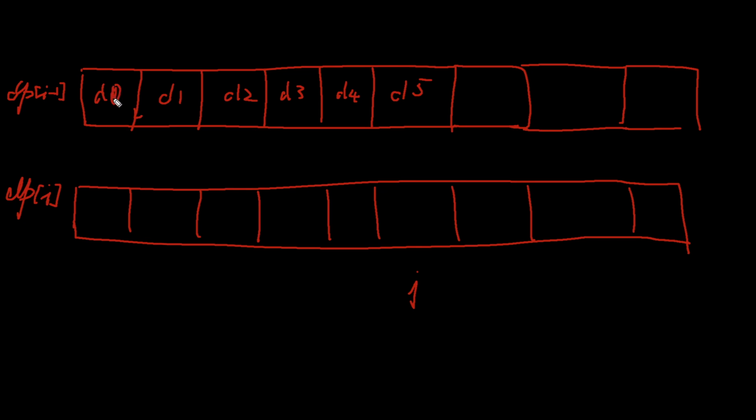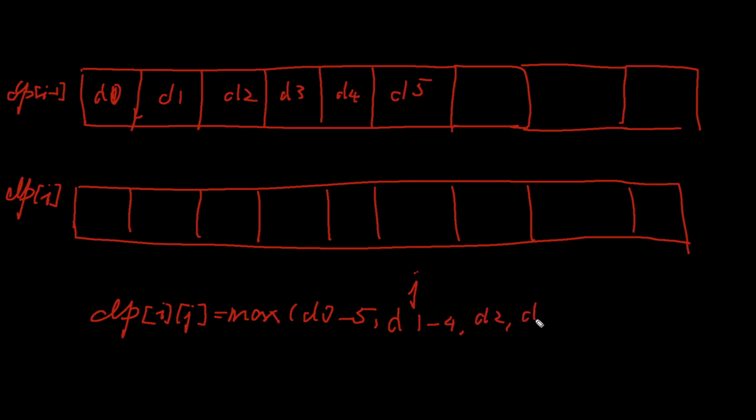So from the left, okay. So for this DP i and j, from the left side, it's going to be the maximum of what? Maximum of, as you guys can see, we have D0 minus 5, right? And then D1 minus 4, right? D2 minus 3,